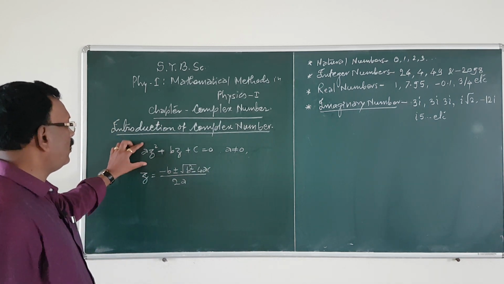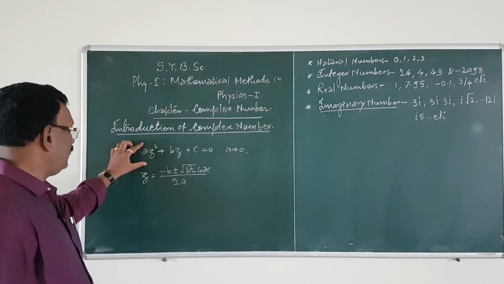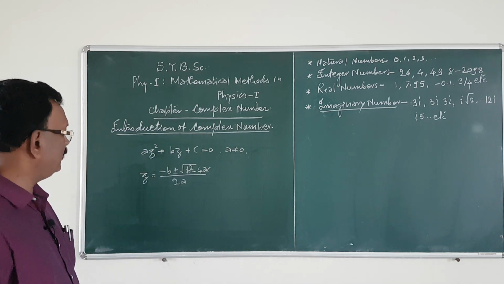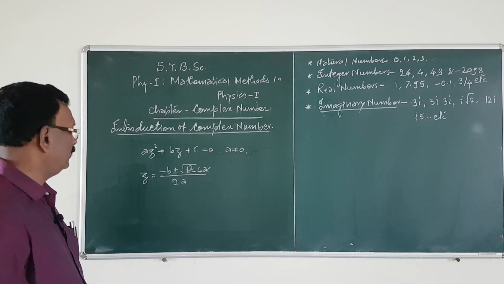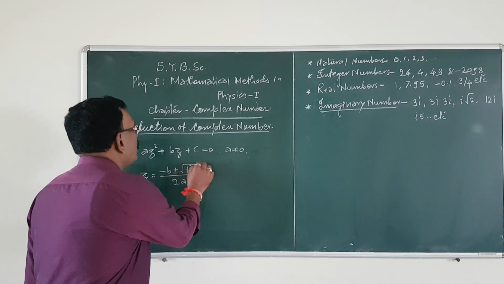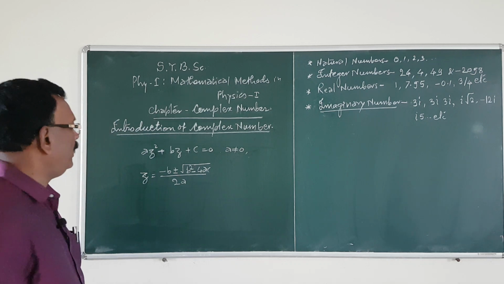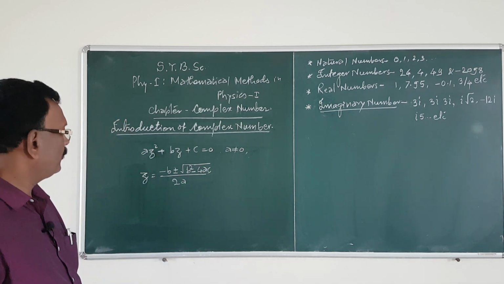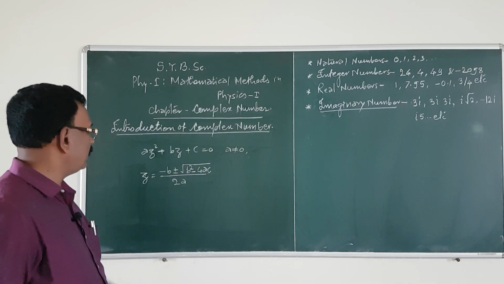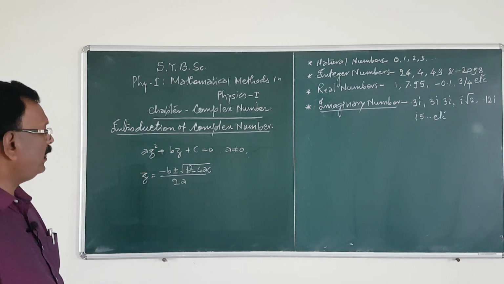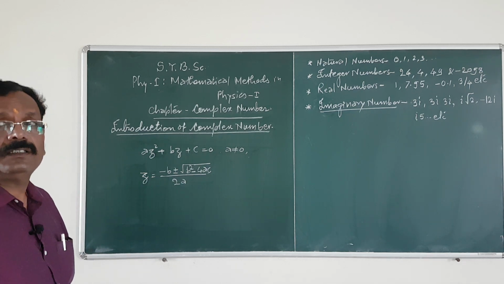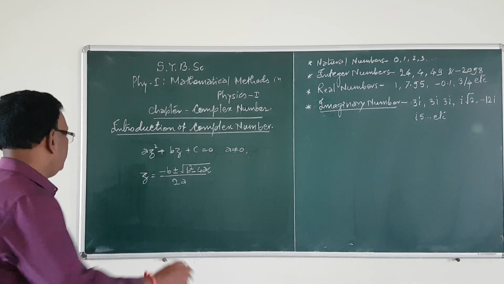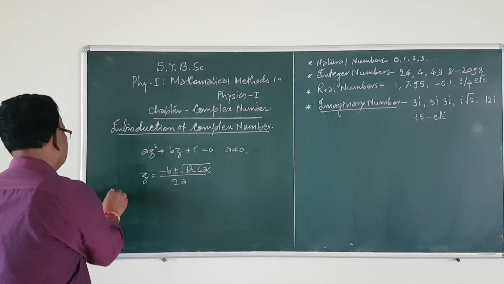The roots of this quadratic equation can be determined by using z is equal to minus b plus minus square root of b square minus 4ac upon 2a. In this equation, the term b square minus 4ac is the discriminant. Now consider one of the examples,